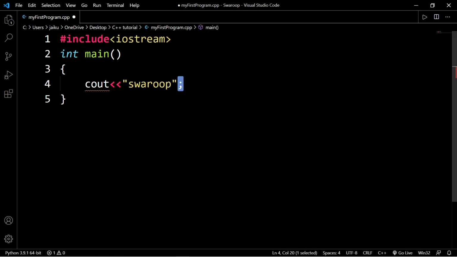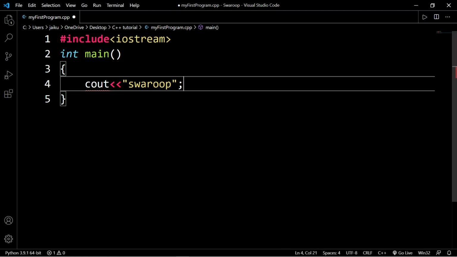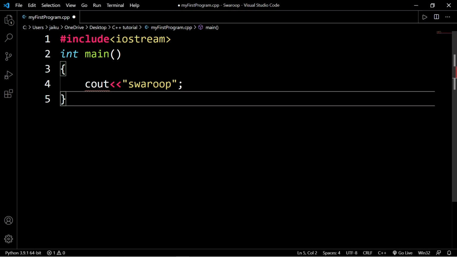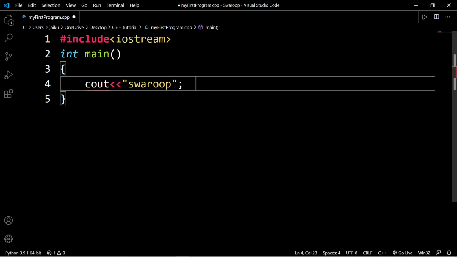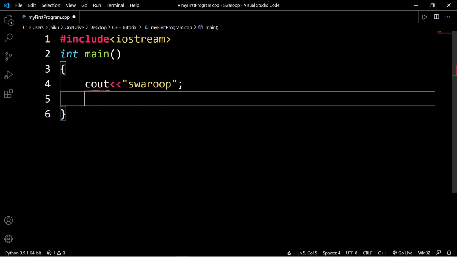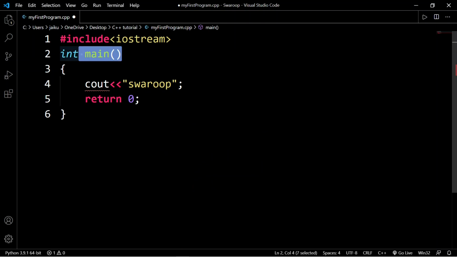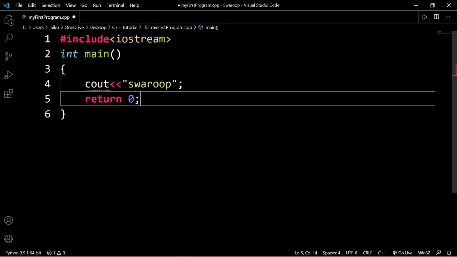It tells C++ where the end of the statement is. And now this program has a little bit of error. You can already see the cout has been highlighted with the red line, and let's further write return 0. I will explain this return 0 and more about this int keyword in the upcoming videos.